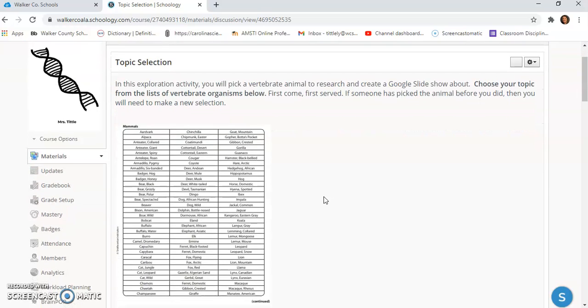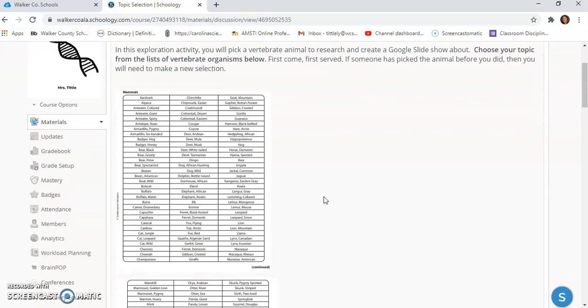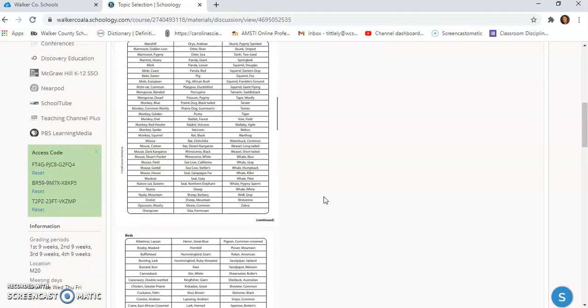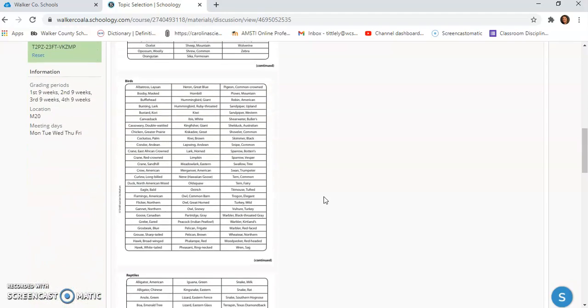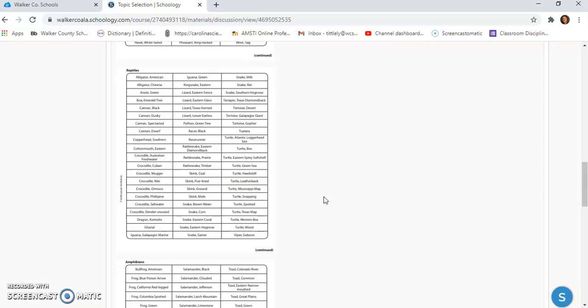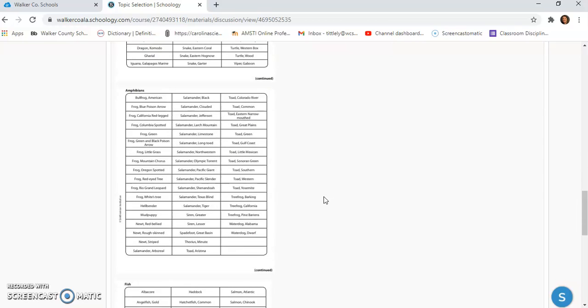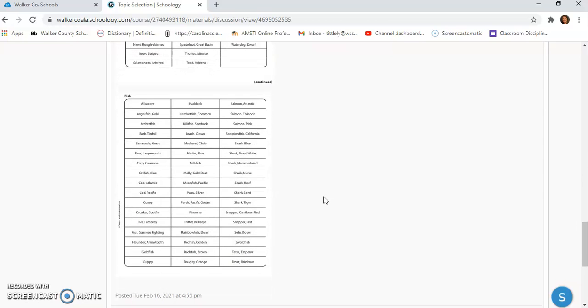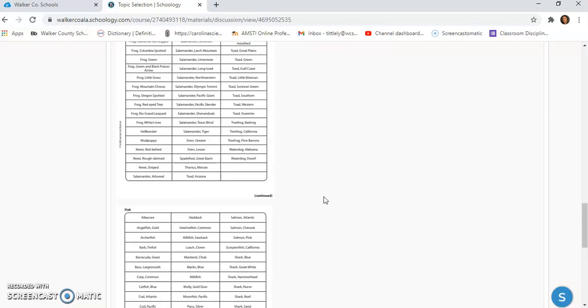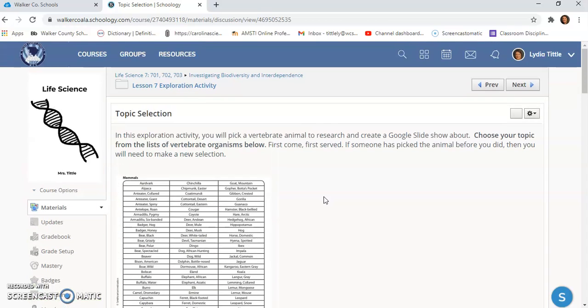And so, as you can see, there's several lists. There's a couple of pages of mammals. Then there is a page of birds, a page that has reptiles, and a page that has amphibians, and then lastly a page that has fish. So pick one animal, one vertebrate animal from the lists, and then you're going to comment your topic in the